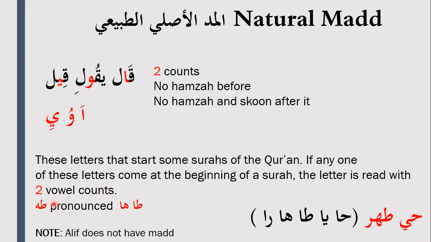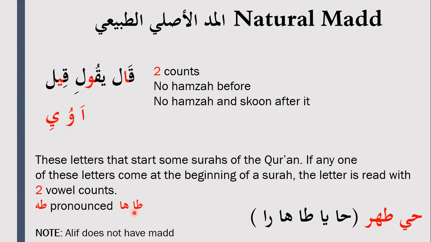So if I spell Ta, I will in Arabic write it like this with the Ta and Alif. If I spell out the letter Ha, I will spell it out with Ha and Alif. So the original spelling of the letter consists of a mother letter Alif, which is what we talked about in the last video, the first one, about the mother letters. And the mother letters consist of two counts.